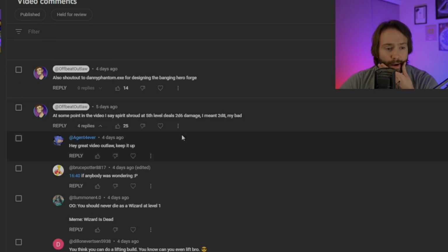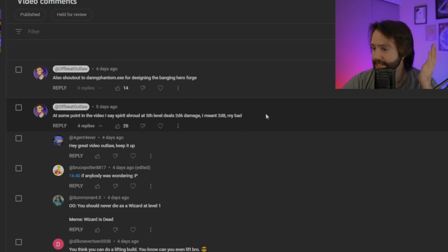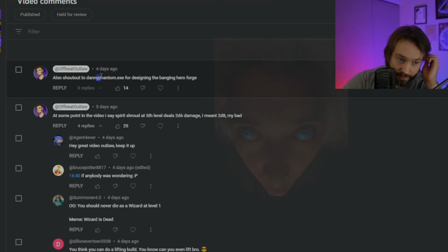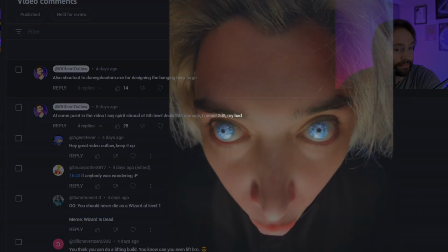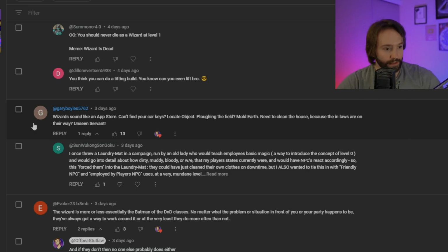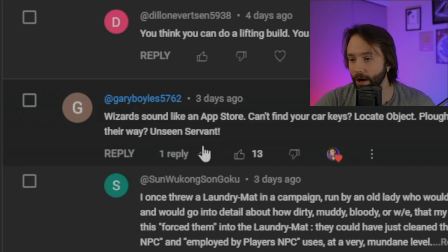What can I expect from comment sections? On one end of the bell curve, we have my comments, where I clarify some mistakes that I made. One was just a verbal mistake, and the other was shouting out my homeboy Danny Phantom EXE, because he made the Hero Forge for the thumbnail. Next, we have a good comment from a smart person,